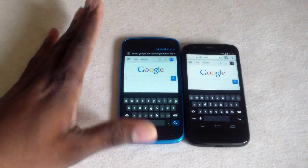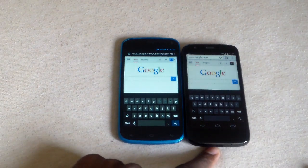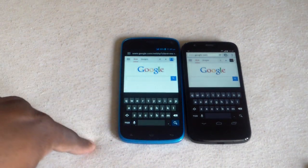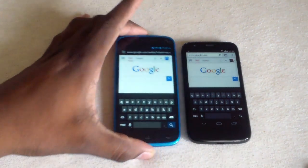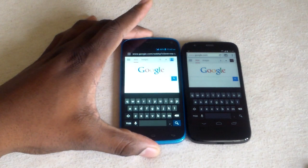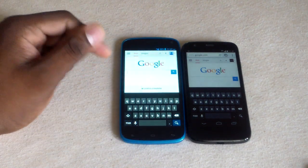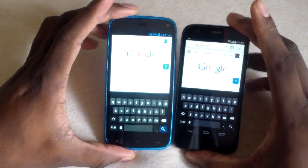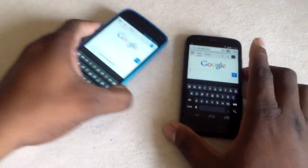And I'm going to jump back to within the features here. This is running 4.4 already, and this is still on 4.2. Don't know when they're going to update this, and that's a huge drawback for a lot of people. But this is pretty much stock Android for the most part. But you know, it's on the older version of Android. I do have both of these on auto bright, so if you're thinking one is more dull than the other, that's all it is. All right, so let's type in